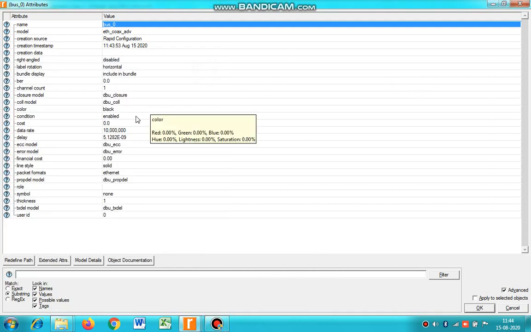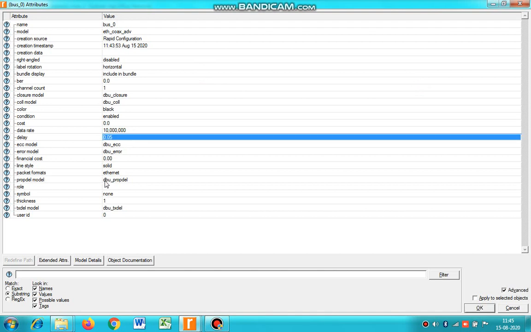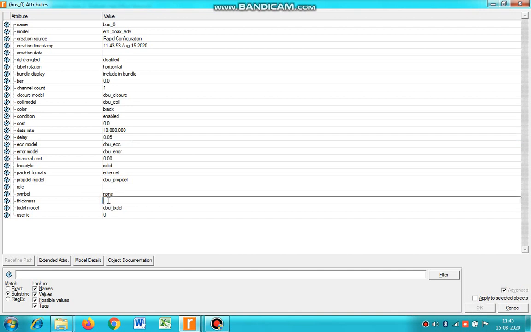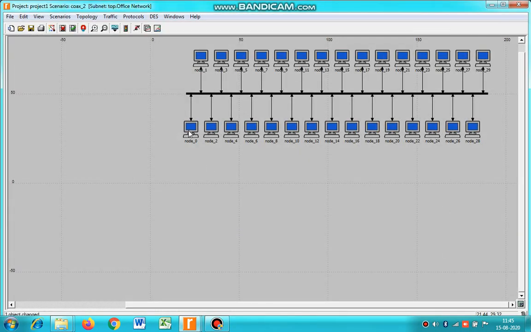After selecting the advanced, we have to give the delay here. This delay should be given as 0.05. Click enter, and then thickness should be given as 5, and click enter. And here this one, and okay, and so we see that the thickness has increased.